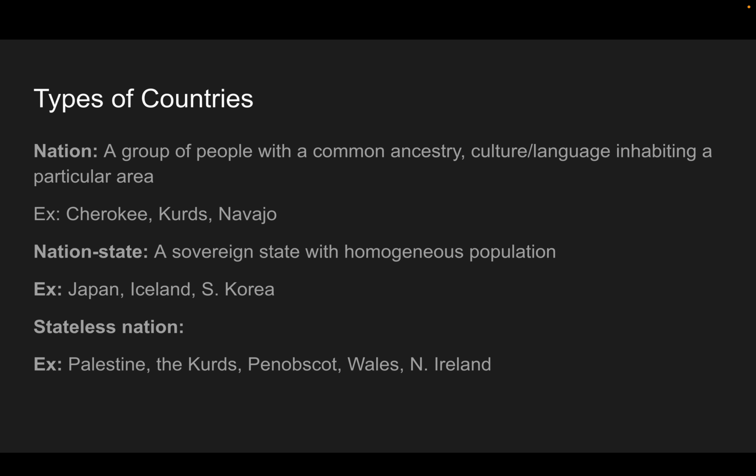Wales and Northern Ireland, the members of the United Kingdom, are all technically stateless nations, though often when we're talking about stateless nations, we use it more to refer to people who are a nation of people and want voice, want self-government, want agency, but don't necessarily have it. Whereas Wales and Northern Ireland, within the UK system, are technically stateless, but they do have representation within the UK government system. So they are less like the stateless nations like the Palestinians or the Kurds, who get much less voice and self-government. But they technically are all stateless nations.